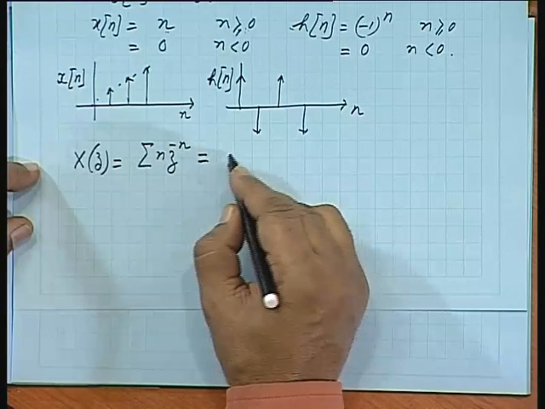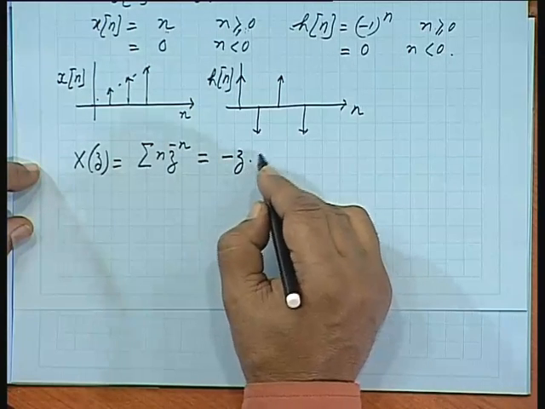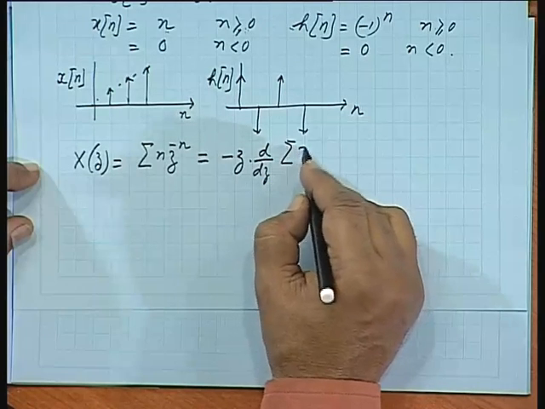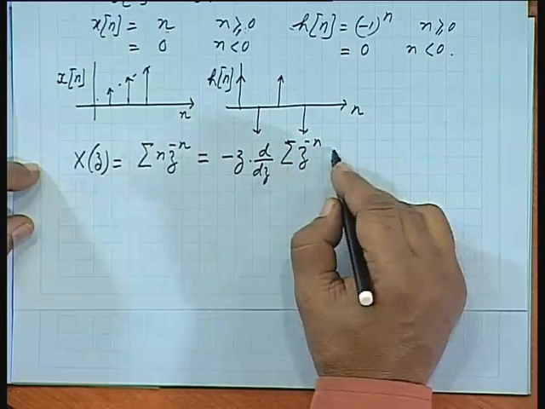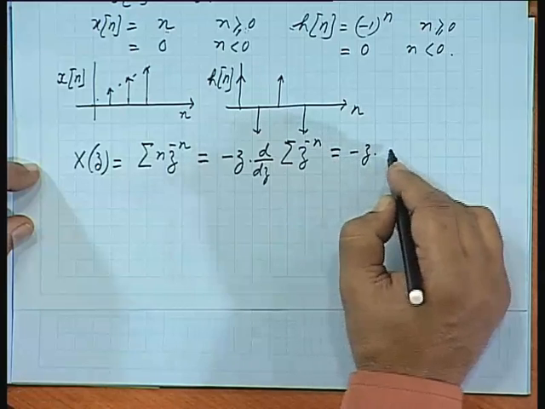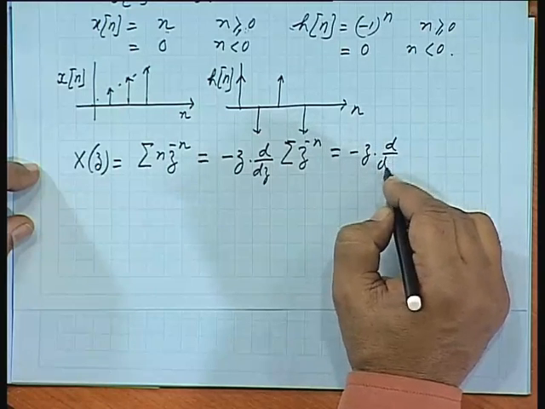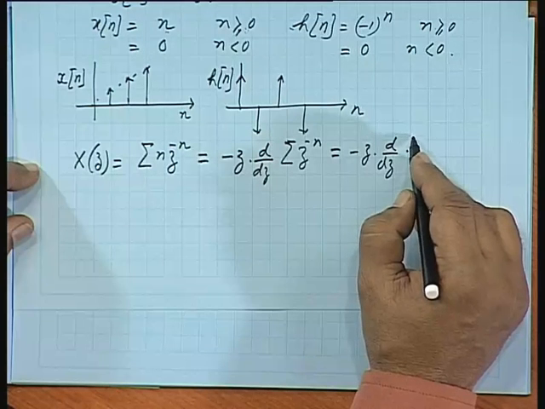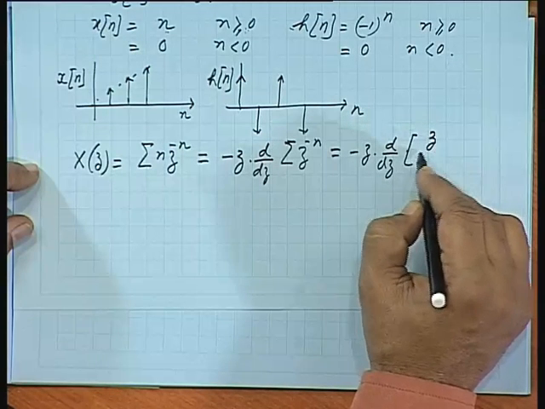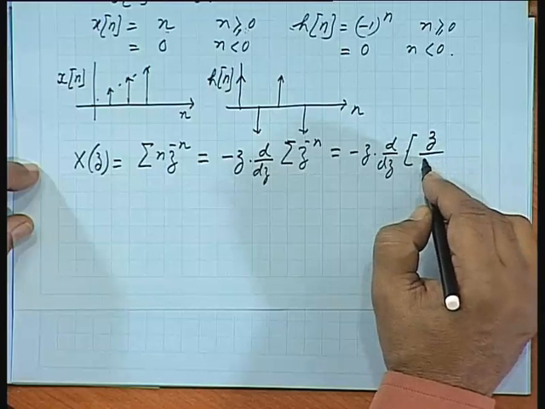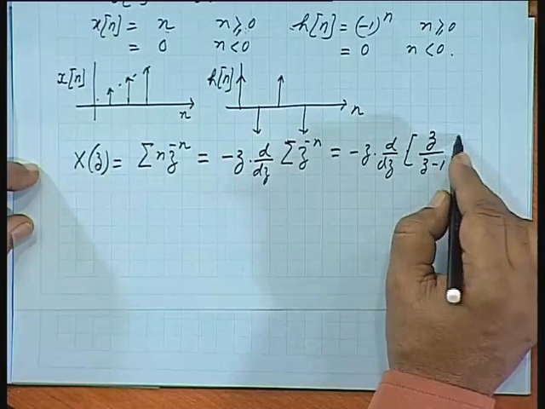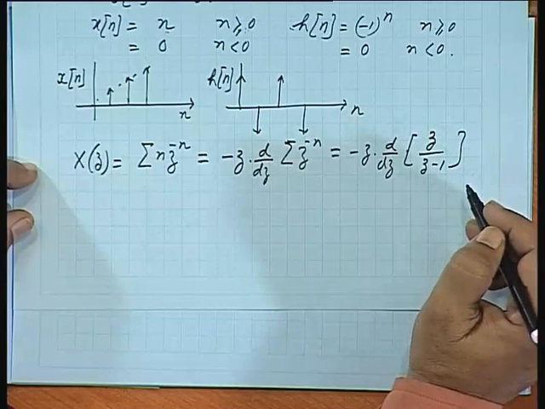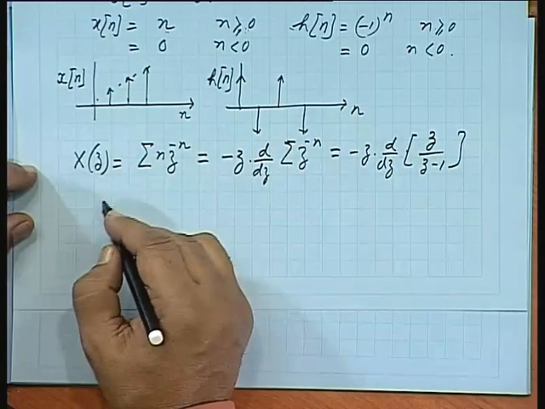So you remember this is minus z d/dz of the sum of z to the power minus n, which is minus z d/dz of, for z to the power minus n, what is the sum? 1 by 1 minus z inverse. So that we can reduce it to this form also, just multiply throughout by z. So take the derivative,